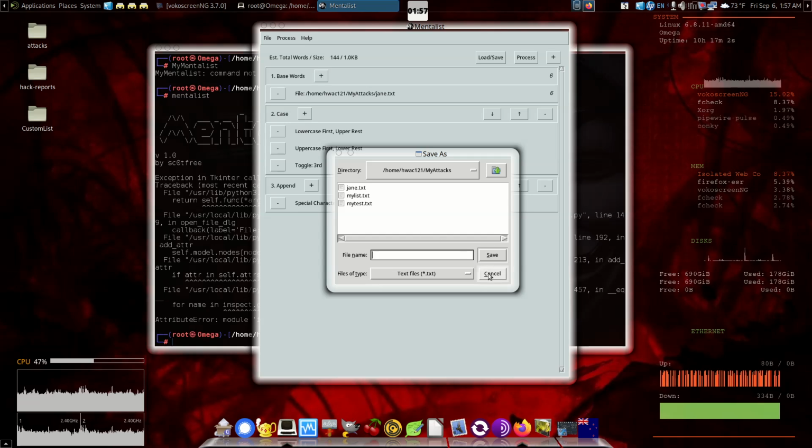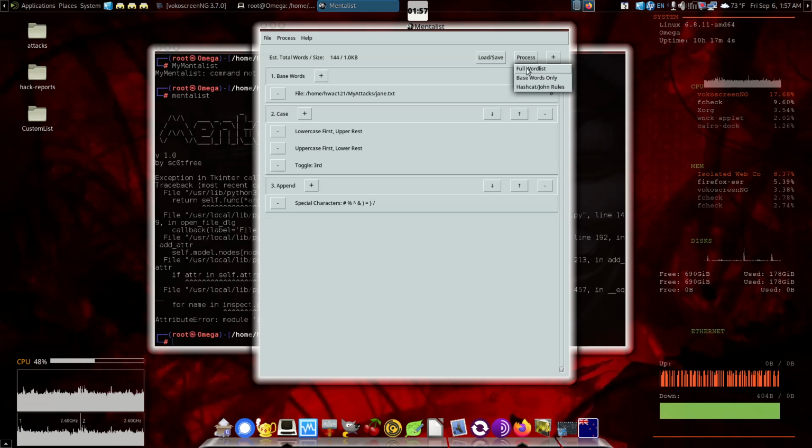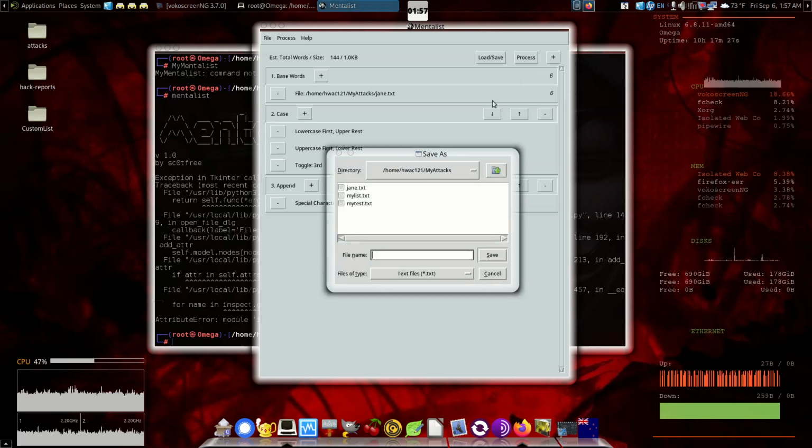Okay, and actually, before I do this, I'm going to show you one other thing here. Notice it says hashcat and John rules. This will output the information that you need to feed into hashcat or John the Ripper, and it will automatically do the same thing using that and try to crack it. Okay, so another automation that's possible, but we're going to do a full word list, and we're going to call this one